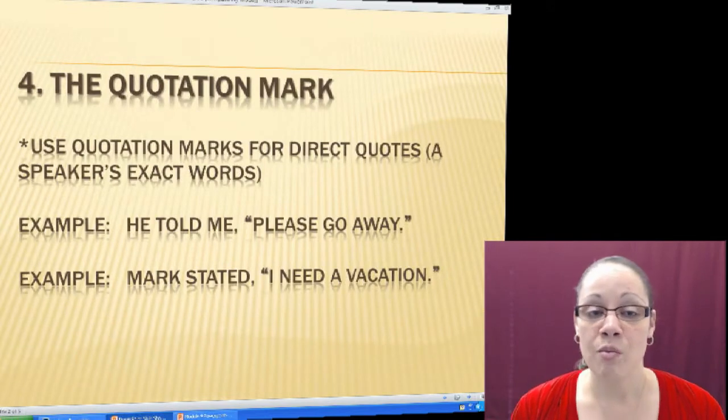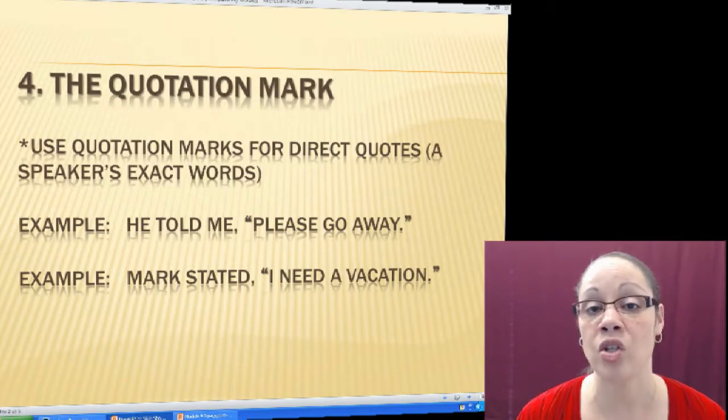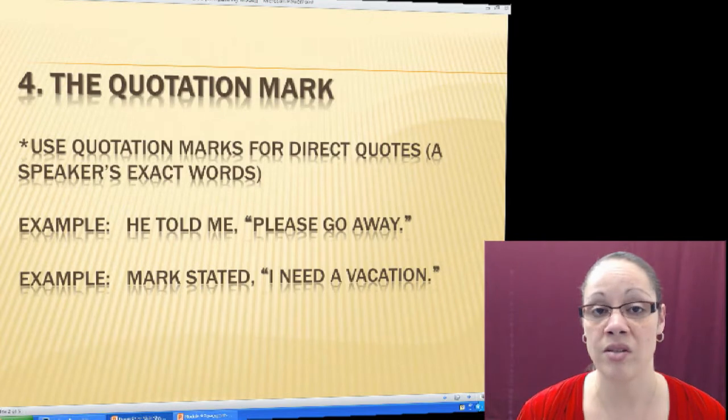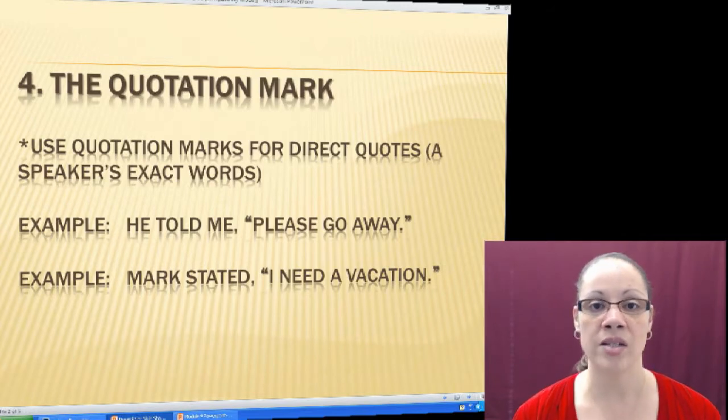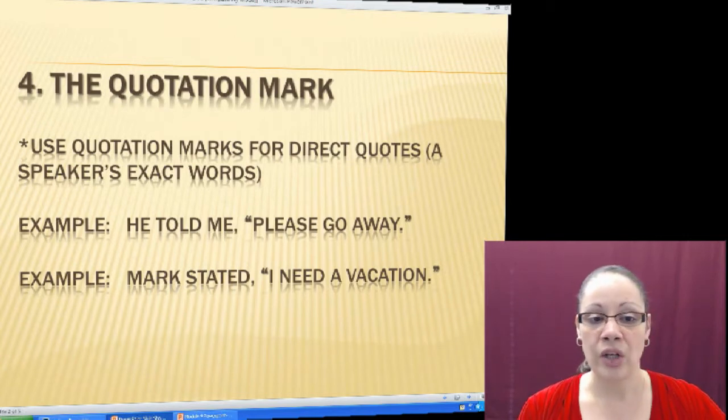So, internal punctuation mark number 4. Again, we've already covered in previous lessons the first 3 punctuation marks within sentences, and those were the comma, the semicolon, and the colon. So now my focus is internal punctuation number 4, the quotation mark. You're going to use quotation marks for direct quotes. When you're going to state what someone says verbatim, word for word, then you use quotation marks around that sentence or that question. Now, example here, he told me,